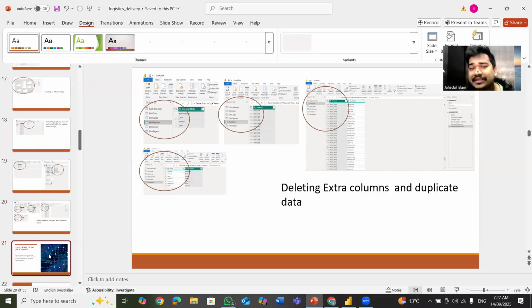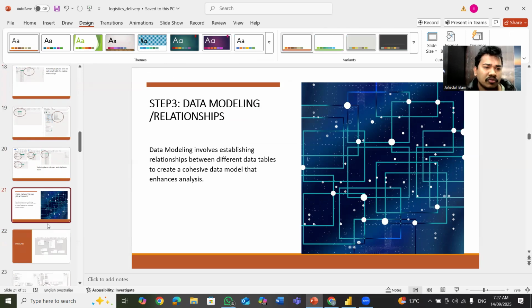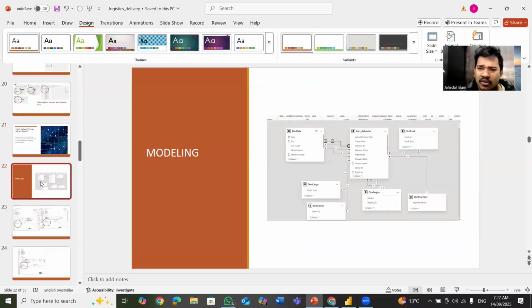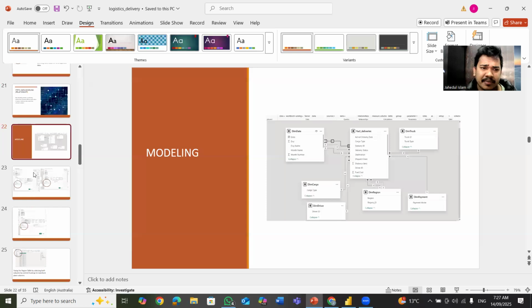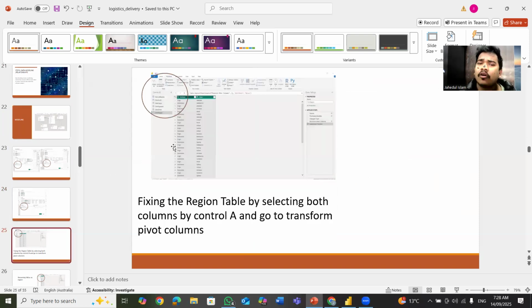After all the removing and cleaning, we go to step three, which is data modeling and relationships. In data modeling, we establish relationships between different data tables to create a data model that enhances the overall analysis. If I go through the data modeling, we did all of these data tables and sorted out the one-to-many relationships. I just marked here, see, one to many relationship. And fixing the region table by selecting both columns with control, then transforming with unpivot columns as well,